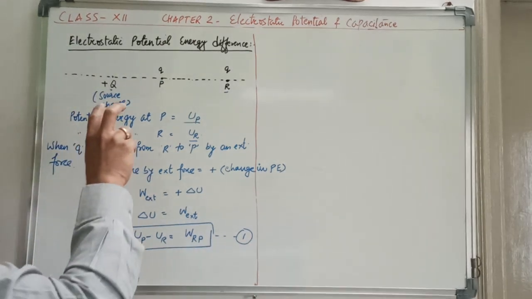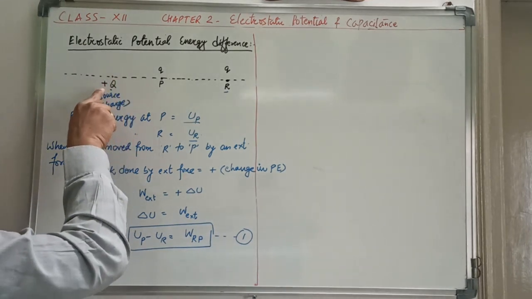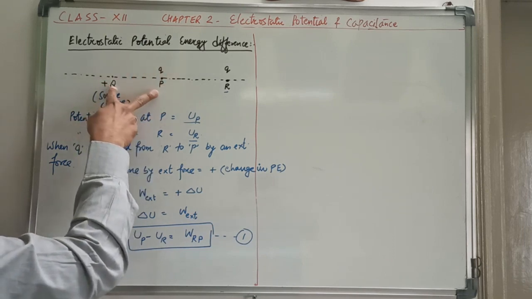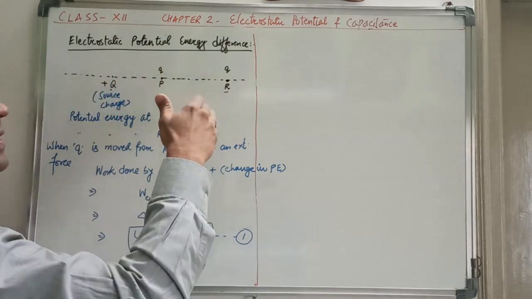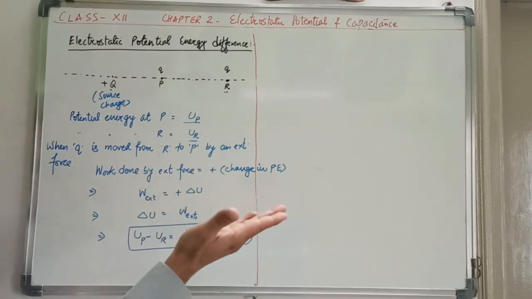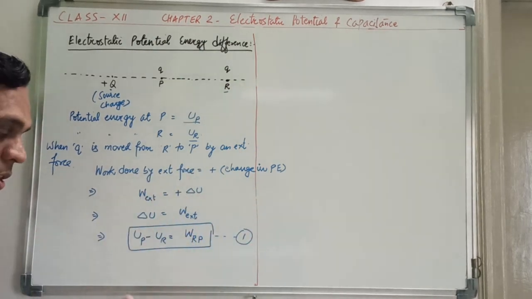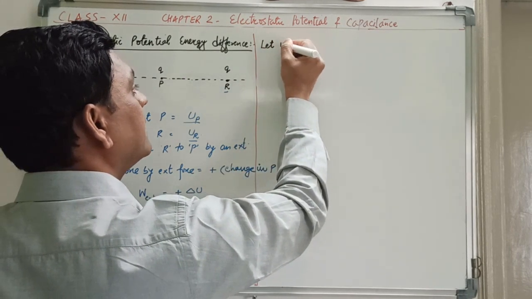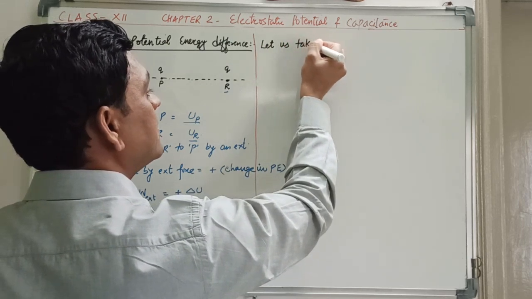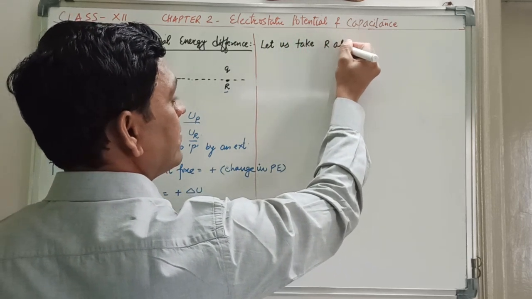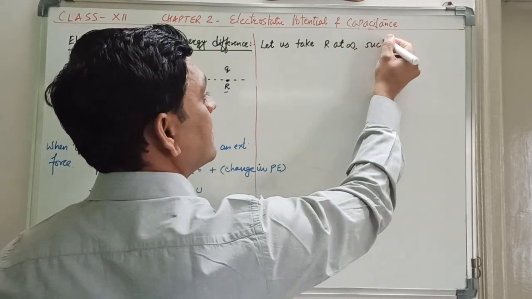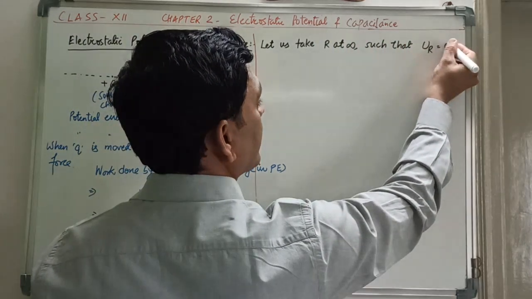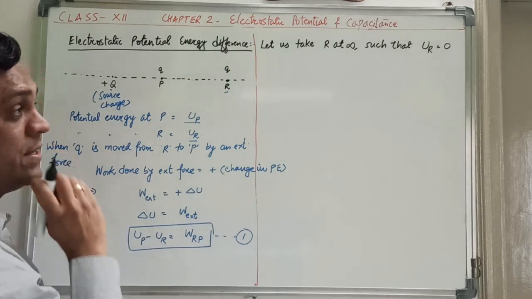So to define the potential energy of the system when the charges Q and Q are separated by this much distance, the other point has to be taken at infinity such that energy at that point will become zero. This point is called the reference point. So what we do here, let us take R at infinity, since at infinity no forces will be present, so we can assume that the energy of the particle system, UR, is equal to 0 here.